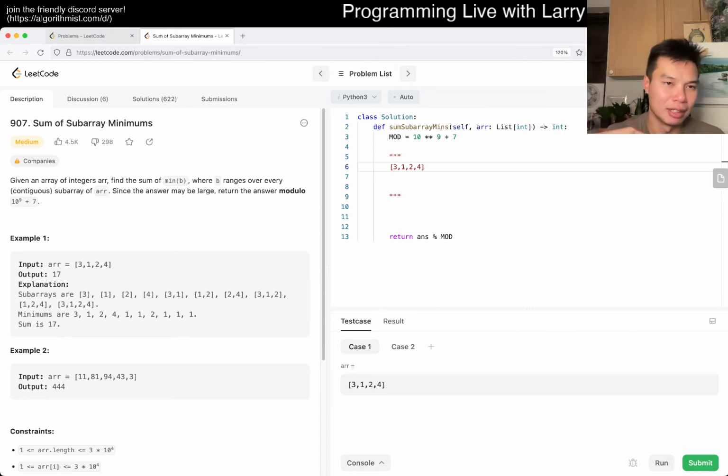This is apparently subarray mins, but there are other problems like the subarray sums, right? For example, if you want to get the sum of every subarray, not just the minimum, then you may think about how many times 3 appears in different subarrays, right? And in this case, this 3 would appear in 4 of them. 1 would appear in 1 times 2 and so forth, right? So that's just regular sum. Now we're trying to figure out the minimum version of it. And then the question is,